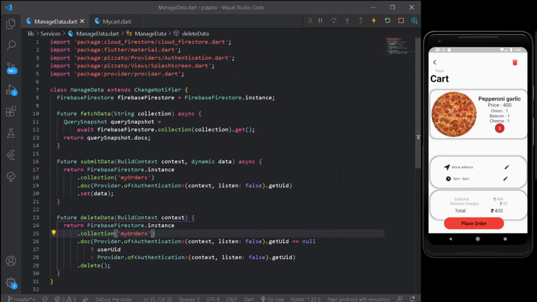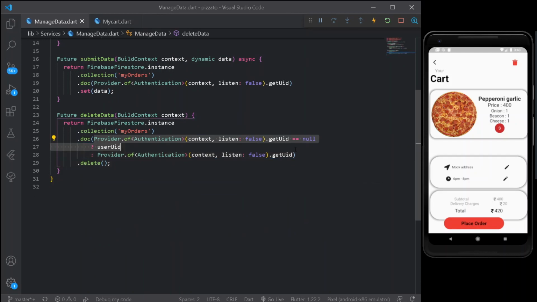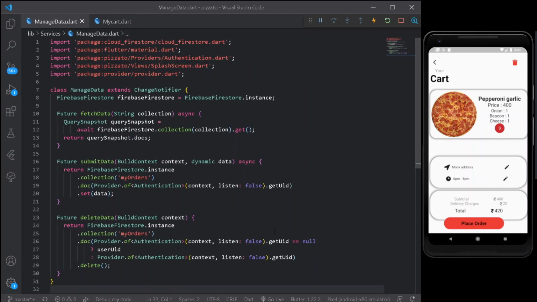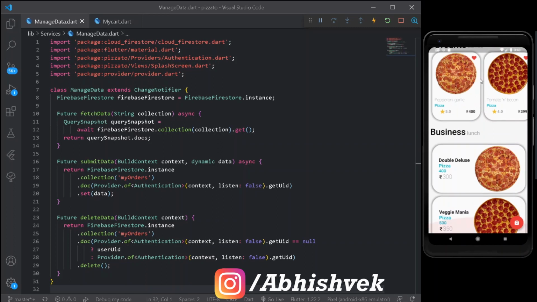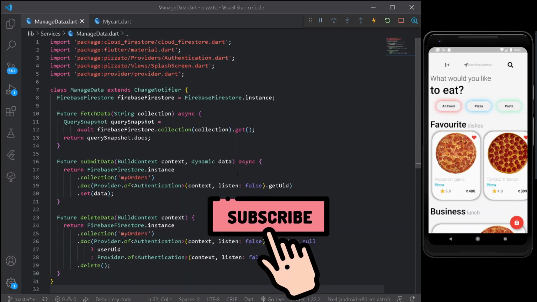So in this way you can simply perform your delete operations using the following logic of our provider's UID, because the user ID is very necessary in case you are deleting the data of a particular user. So in this way we have completed the third objective of today's video. Now we have completed almost everything necessary under our Pizza 2, that is data persistence and everything. So the next objective will be taking up a payment gateway, which we will be doing in our next tutorial.